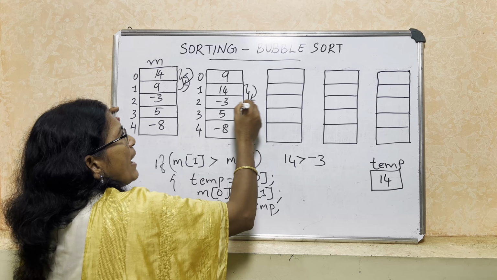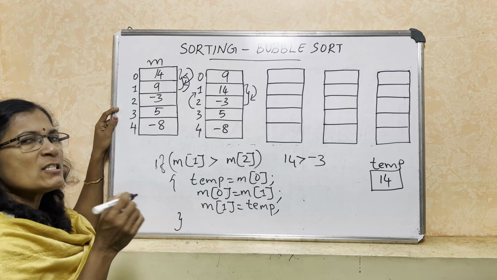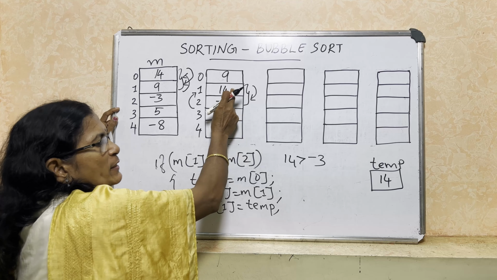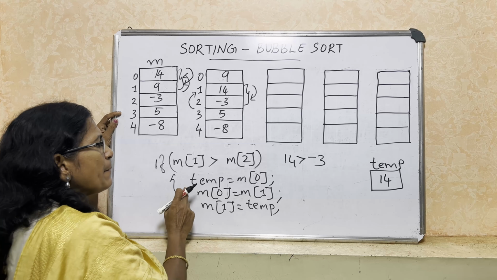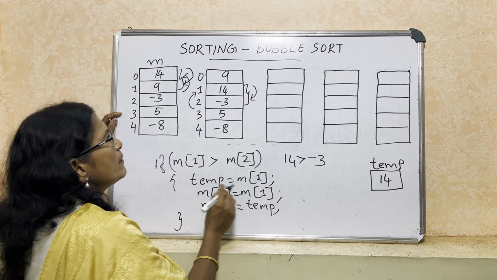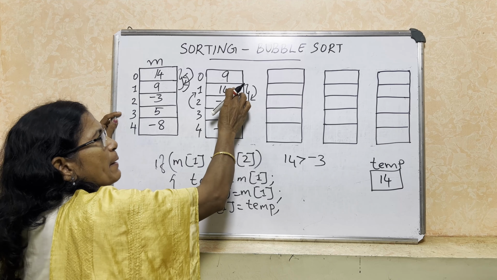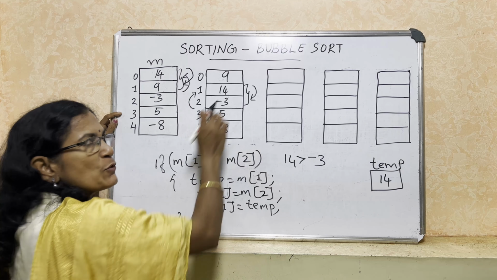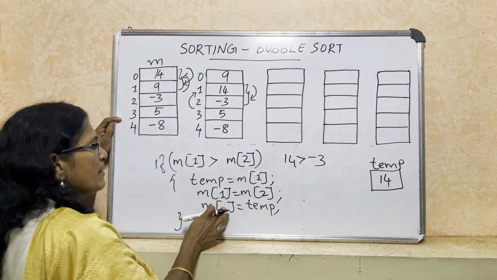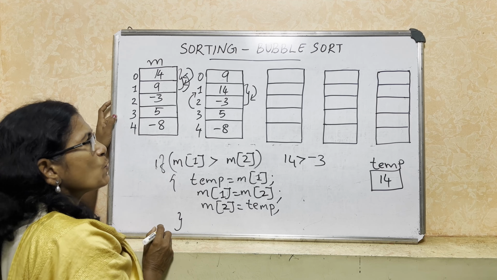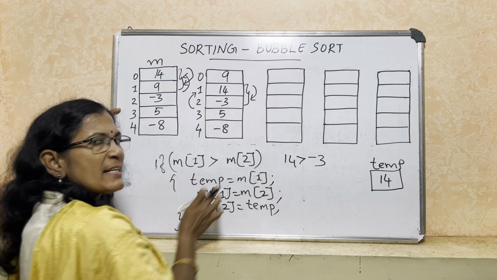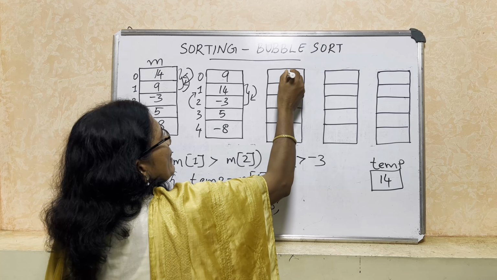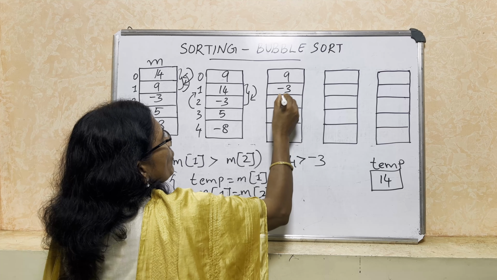14 should come down and minus 3 should be assigned to the second storage location of the array, that is the index number 1. So we have to place 14 in a temporary storage location. Temp is equal to m of 1. And to m of 1 assign the value of m of 2. M of 1 is equal to m of 2. And to m of 2 assign the value from the temp. M of 2 is equal to temp. So what will happen? After the second comparison and swapping operation, the resultant array will be 9, minus 3, 14,